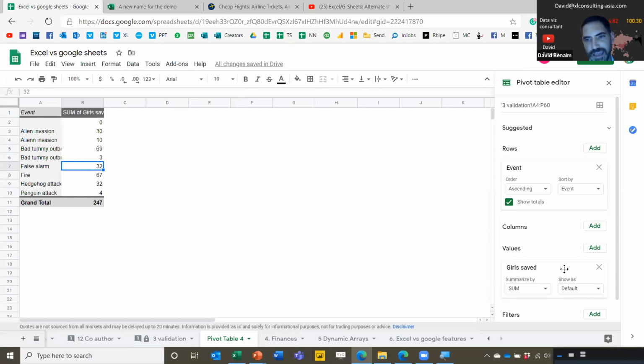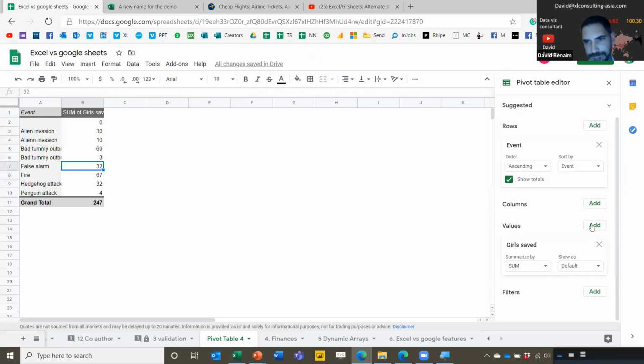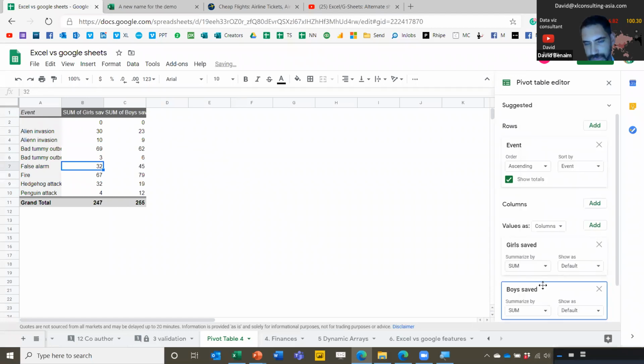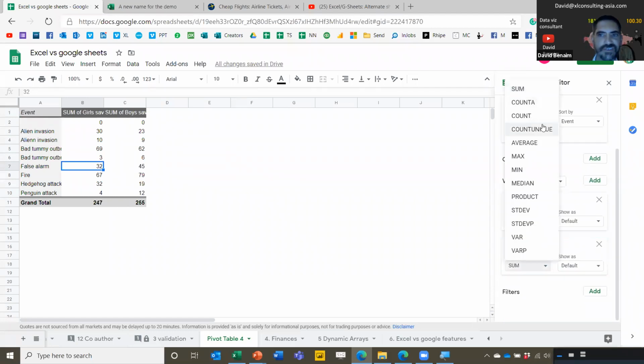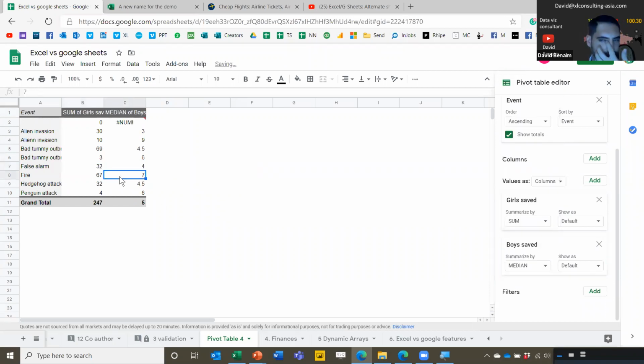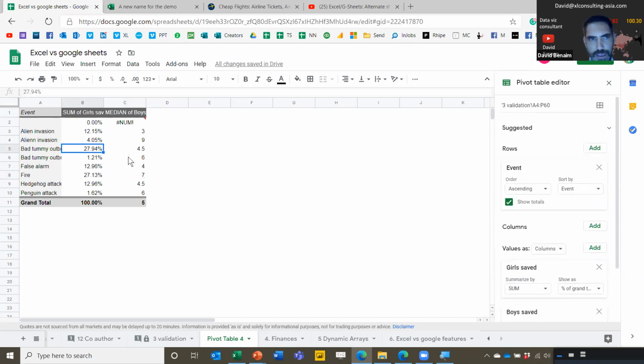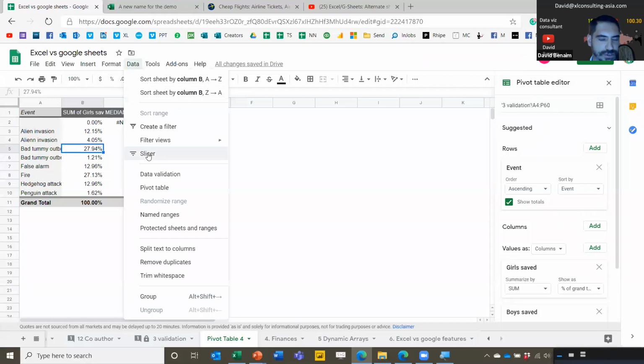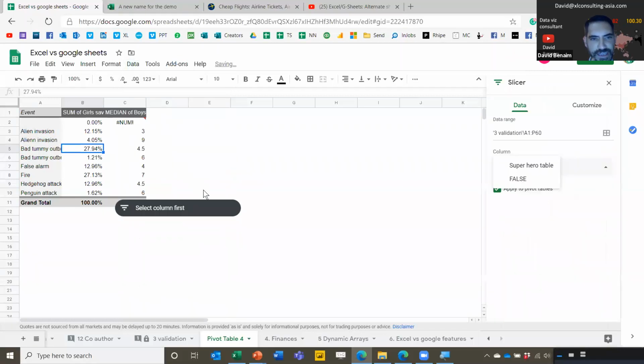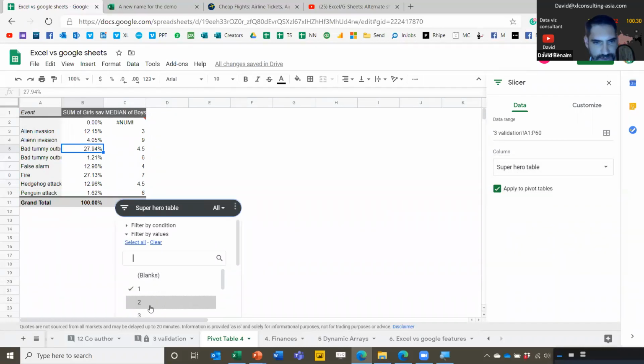Now, a few things I like about this is that you're able to change the aggregations. You also have things you don't have in Excel, like count unique and median. I have a whole video where I talk about this because I think count unique in particular is a must-have. And you have show values as like this. Excel has about 10 times as many options for this, but I find percent of totals is really the only one I use. And recently you added slices to Google Sheets as well. It's not quite as nice as Excel's, I find, and you can slice it there if you want to.